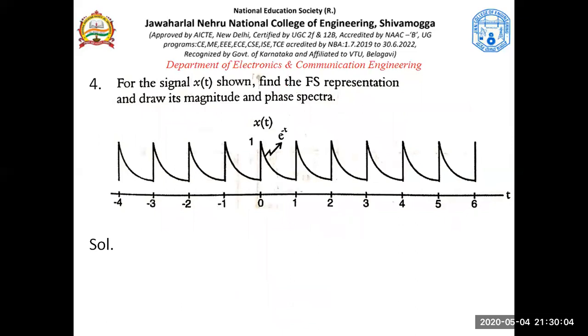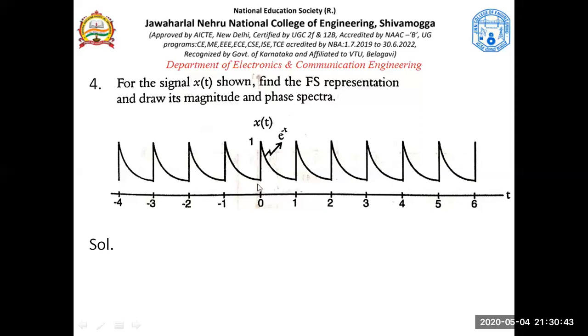Now this problem is very similar to the previous problem. In the previous problem, e power minus t was given readily, but here they have given the waveform. So seeing the waveform, we need to extract some additional information along with e power minus t. What is that additional information I need to obtain from seeing this? One thing is e power minus t. What is another thing? The period. Why is the period necessary? Because seeing the period, I need to obtain my omega naught, that is the angular frequency.